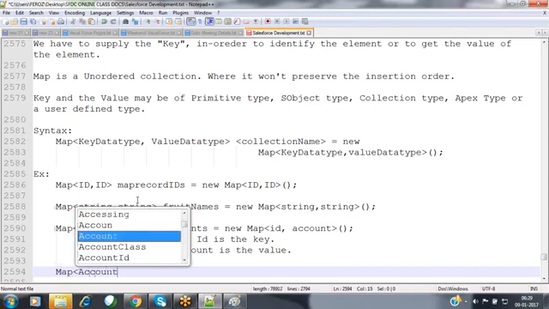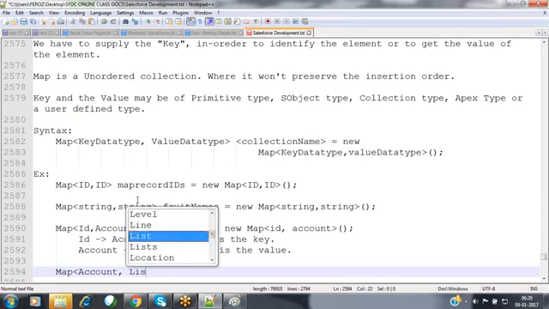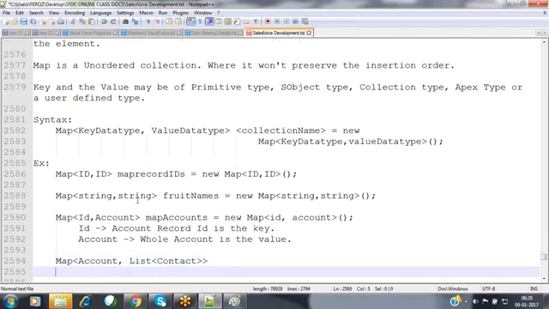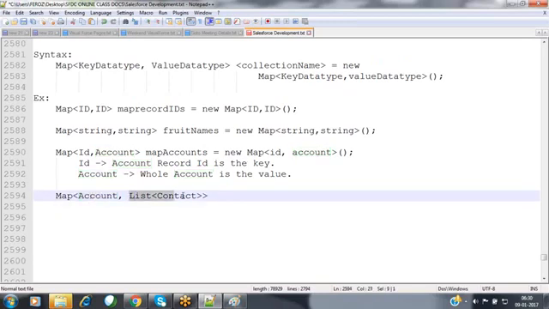Map of account, comma, list of contact. Already we have discussed that for each and every account record, we may have a collection of contacts. For that, account is the key. If you pass that account record, then we can get all the associated contacts also. So account is the key and the list of contact is the value.